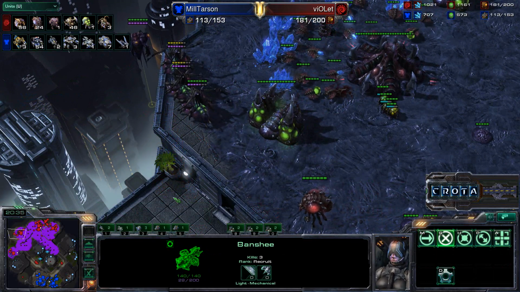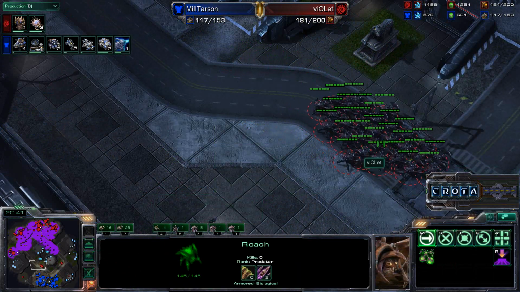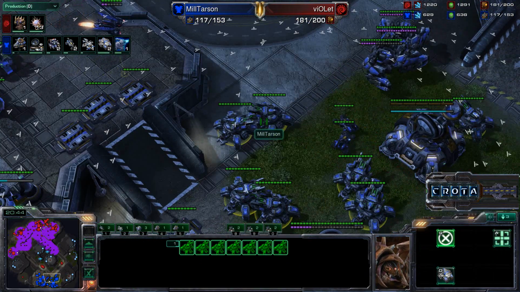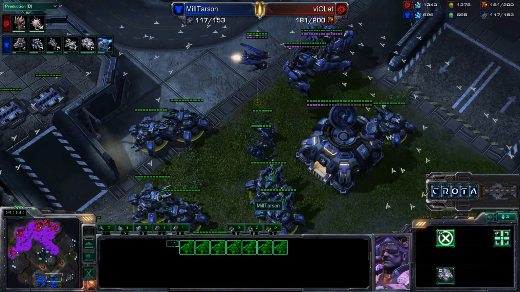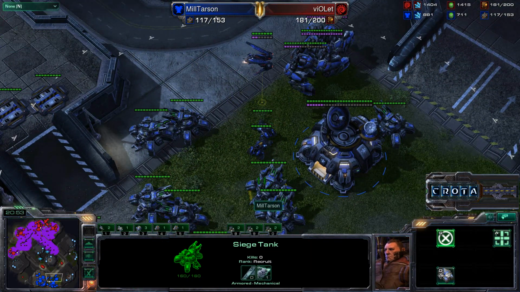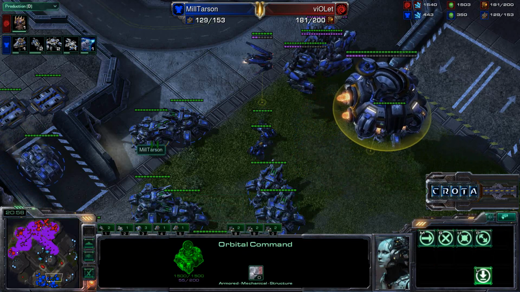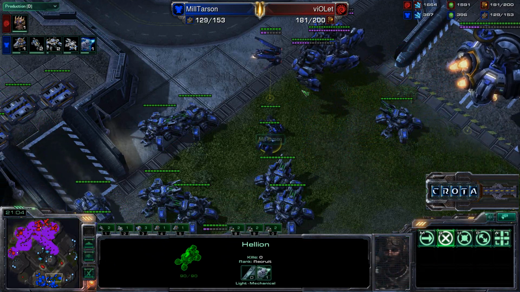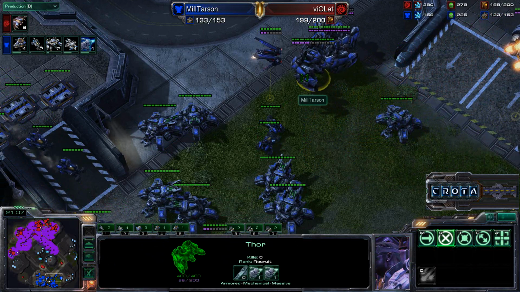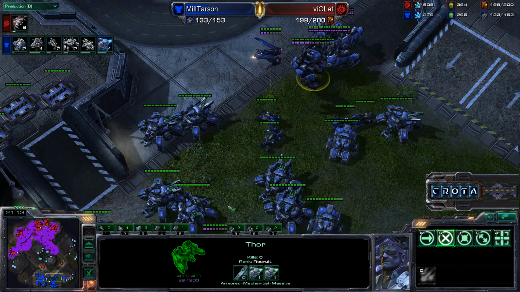Violet now has a much larger army, but the majority of that army is in mass roaches, and he cannot push in, especially against 7 siege tanks here on the front door. Those siege tanks are level 1 weapon upgraded, level 2 about halfway completed. Banshees and Thors, a very heavy mech style of play here. Not exactly sure how Tarson has this much gas to go this many siege tanks and Thors, but still very, very effective,